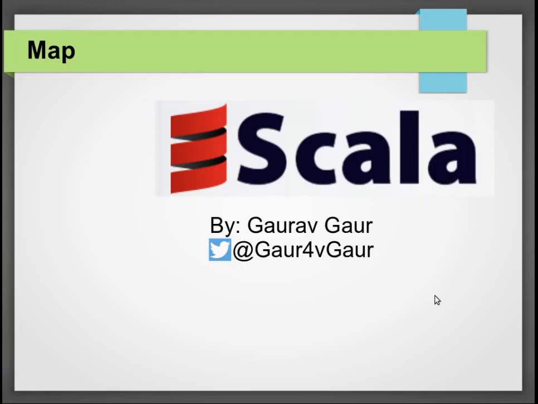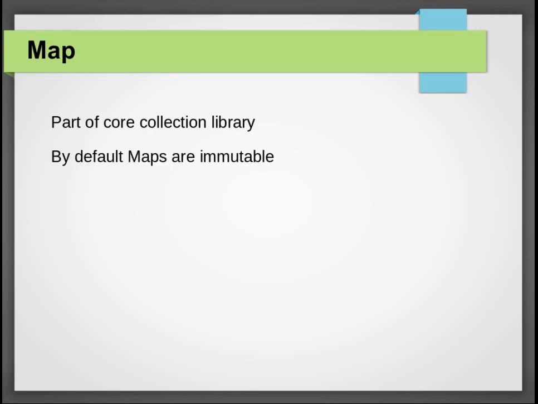Hi, today we are going to talk about Scala maps. Maps are the second most important type of collection in Scala, after list of course. Maps like lists and sets are a part of the core collection module in Scala. Again, by default maps are immutable. Maps can be best understood as a set of key value pair. Of course, the handy property of maps is that the key can be used to look up the value.